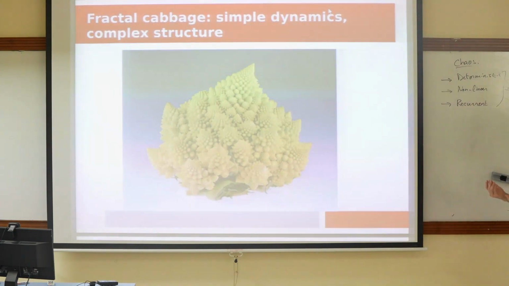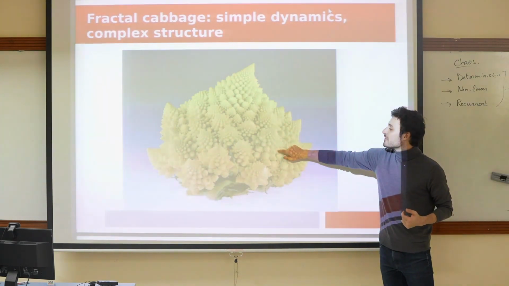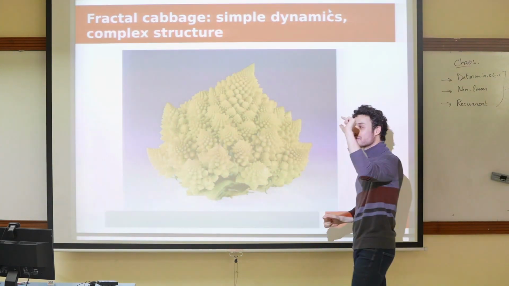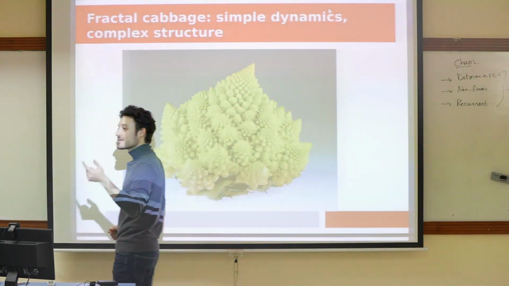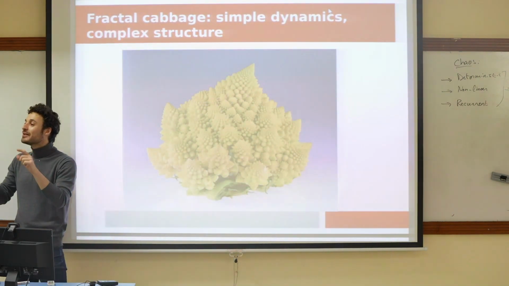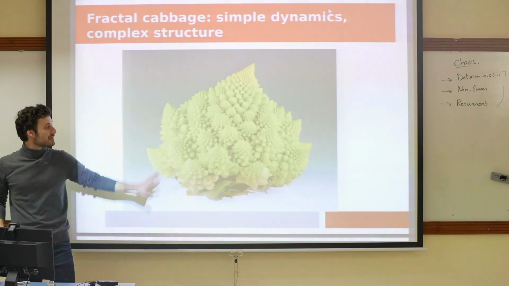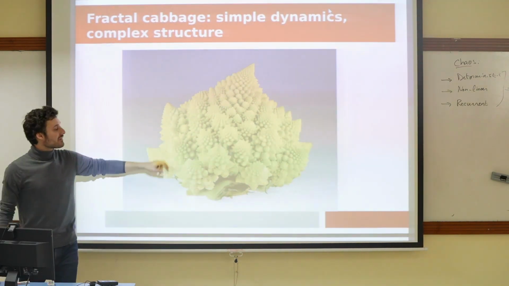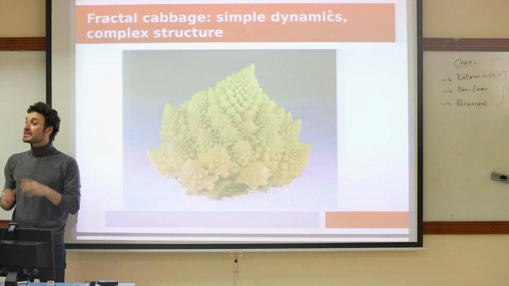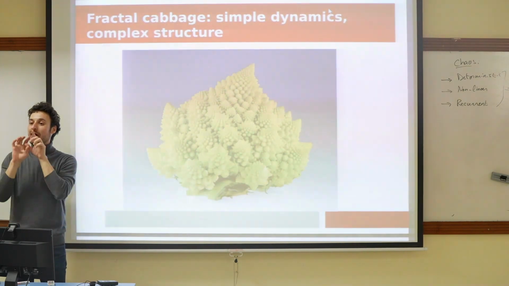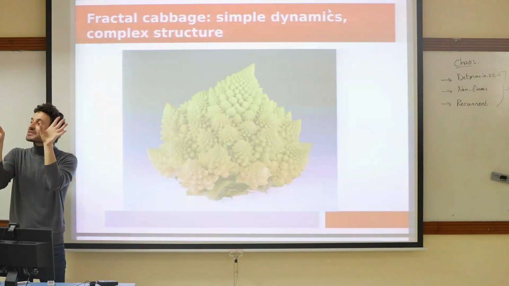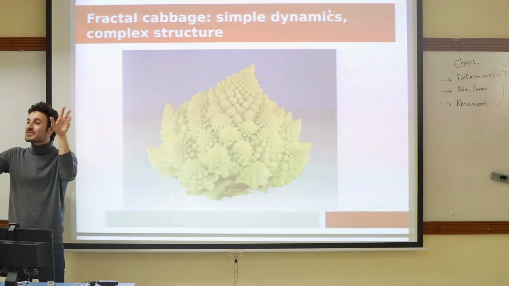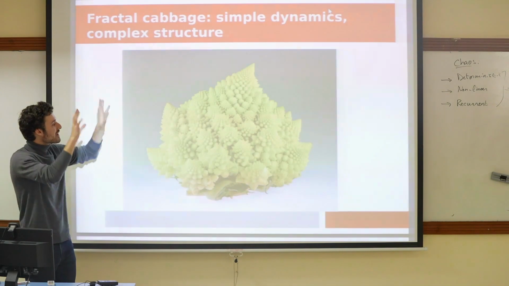And there's a simple answer as to why, right? Ultimately, the amount of information contained within the Romanesco cabbage's DNA is finite, right? It doesn't actually have an instruction plan for an infinitely complicated cabbage shape. But what it does have are simple instructions for a process, right? It says, grow a tip. As you reach the edges of the tip, grow other tips. As you reach the edges of those tips, grow other tips. And you have this kind of fractal thing going on.